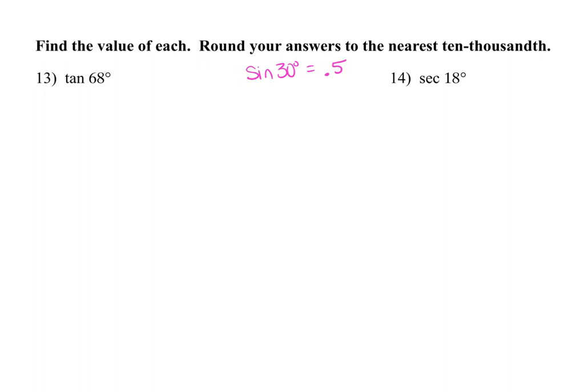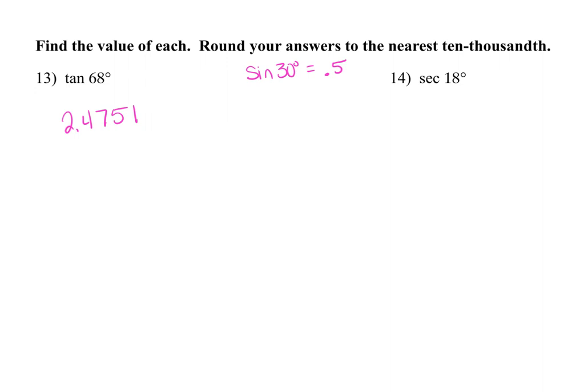You literally just do sine of 68 degrees, cosine of 68 degrees, tangent, whichever one it's asking for, you literally just plug it into your calculator. It says round to the nearest 10,000th. How many decimal places is 10 thousandths? It's 4, okay? Which means to round correctly, you look at the 5th decimal, and it tells you if you round up or stay the same on the 4th decimal, okay? So everyone needs to try the tangent of 68 degrees. When you round it, you should get